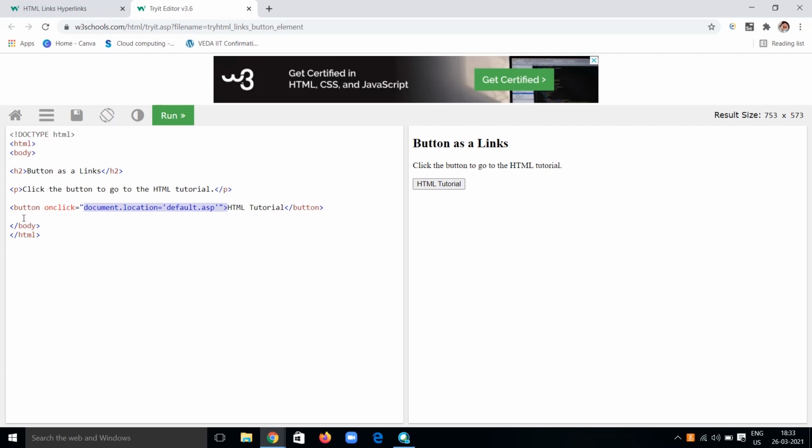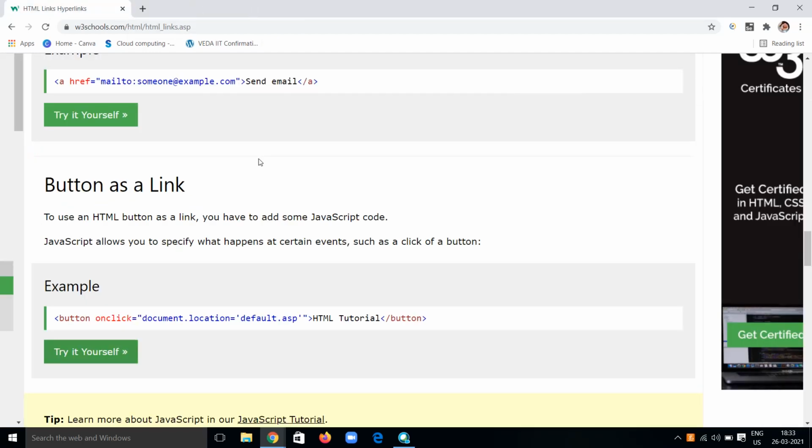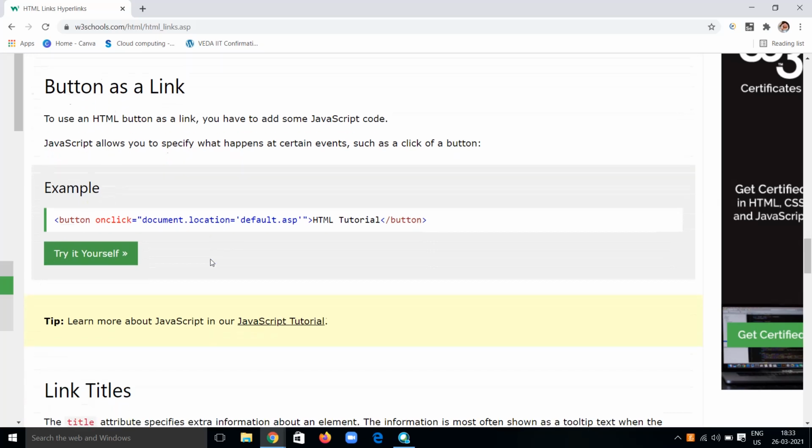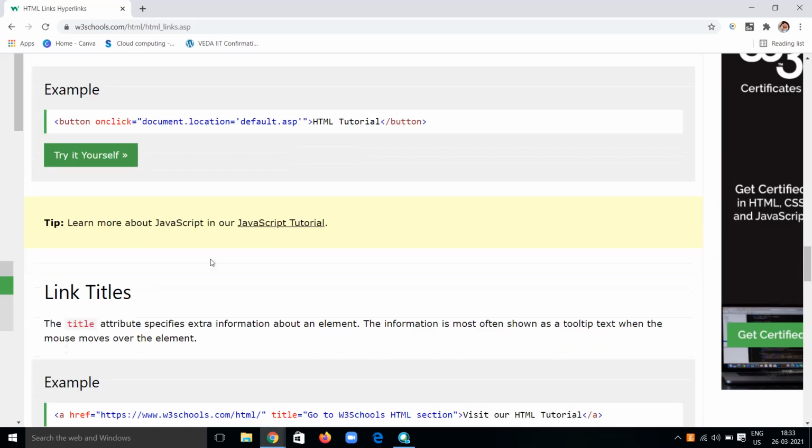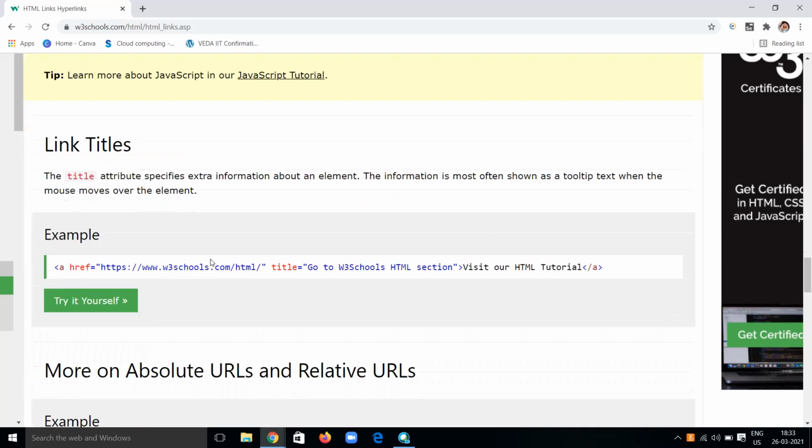So up to now, from buttons also we can use these links to navigate from one document to another, through JavaScript concepts. And we can also have link titles, like the title attribute, which we have discussed in the earlier HTML tutorials.